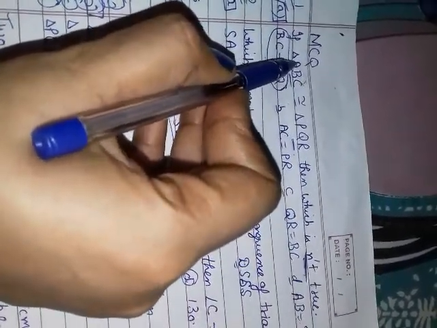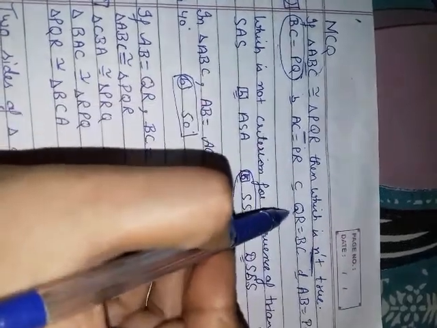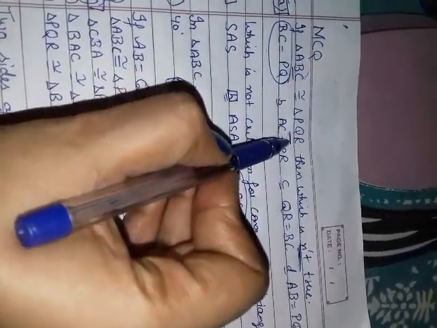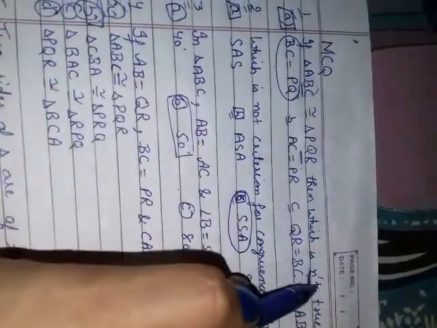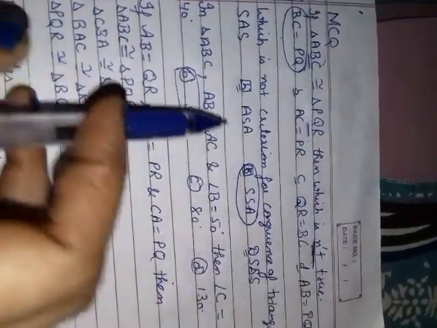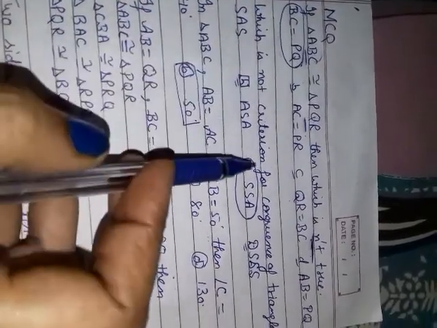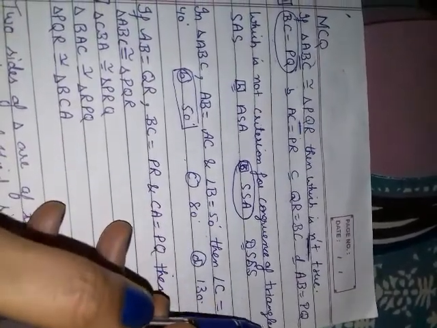See the next one also. AC is first and third, and here also first and third. QR is second and third, second and third. AB is first and second, first and second. So this one is not true because they are not in the same position. You want the one that is not true.